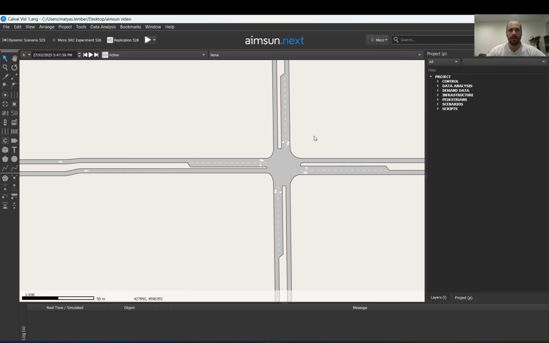But since in Aimsun you can do strategic models, macro models, so big models, you probably need to know scripting, otherwise it's a pain to update or to do anything. So you can do scripts